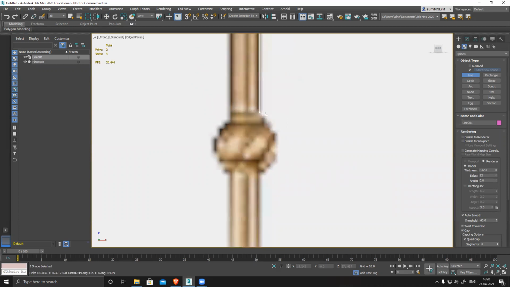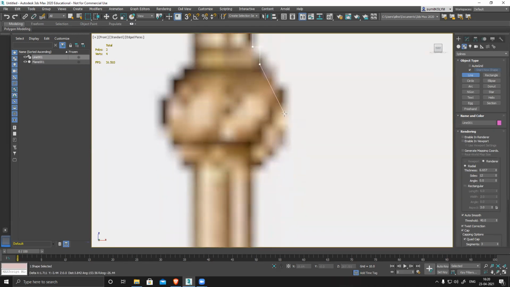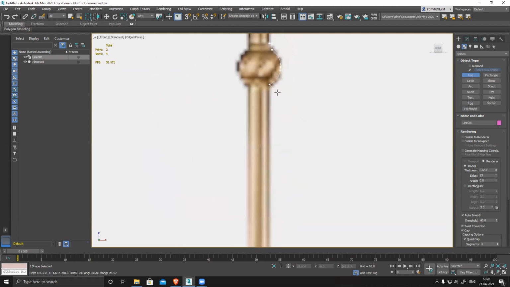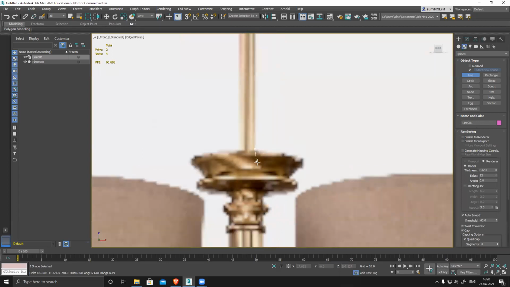You can see I'm creating all the small grooves and details. I can see it goes inside, and then it's creating this shape.